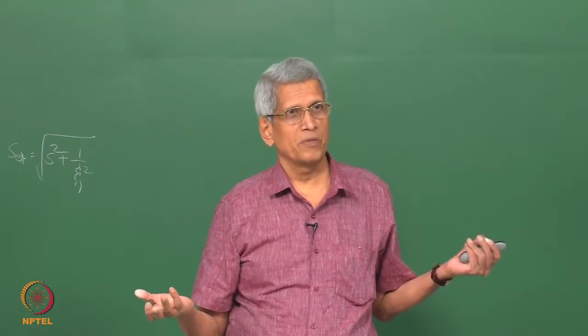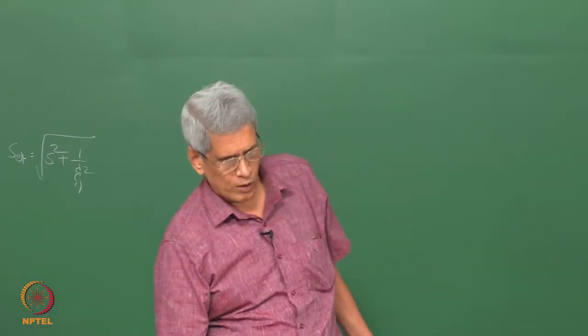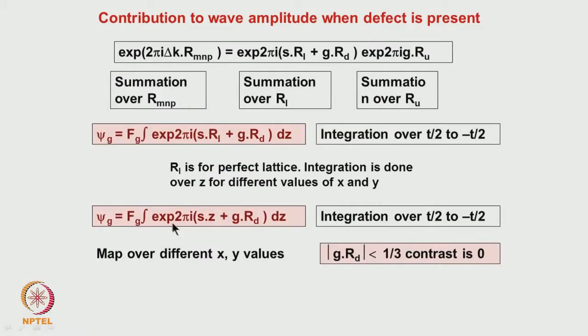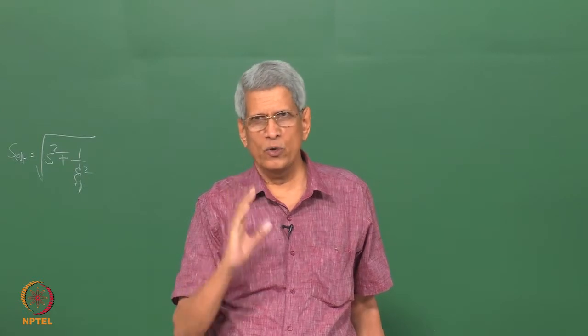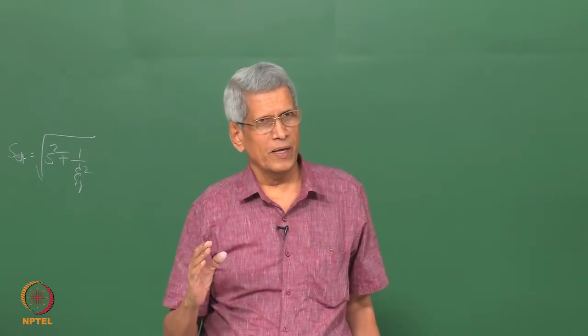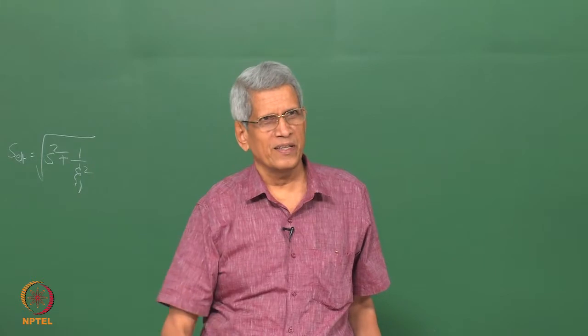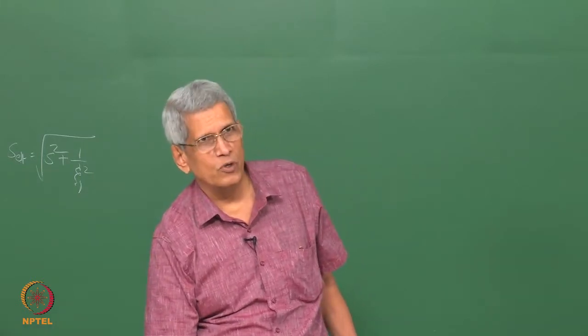The defect will not be visible, correct? As if then the intensity variation is going to be only with respect to whatever is the deviation from the Bragg condition. That's what essentially this term tells: at the exact Bragg condition you get some intensity. If the beam is tilted slightly away from the Bragg condition also, you get the intensity due to the defect, but the intensity contrast varies. That is what this expression allows you to calculate.